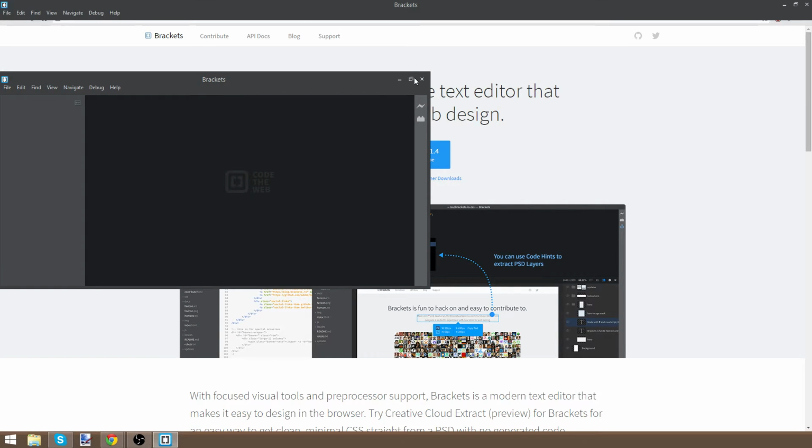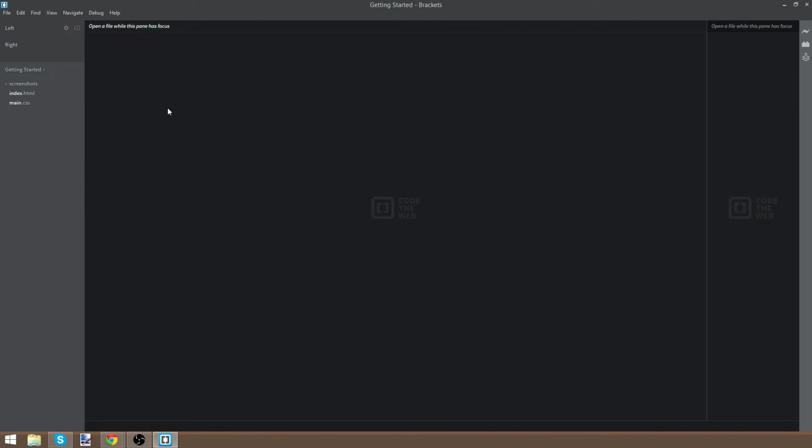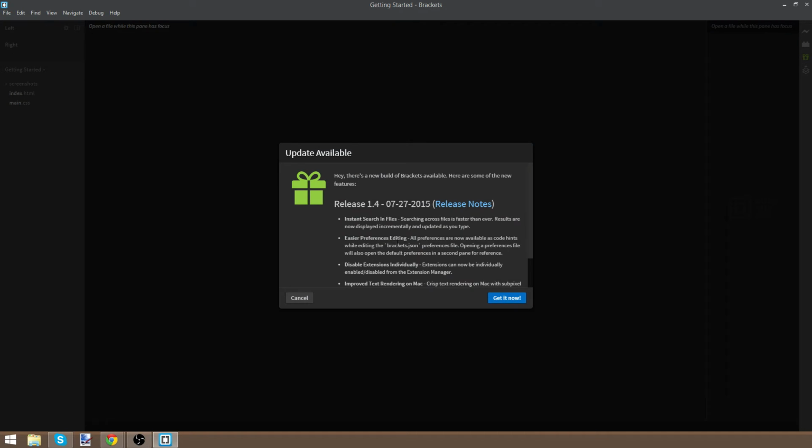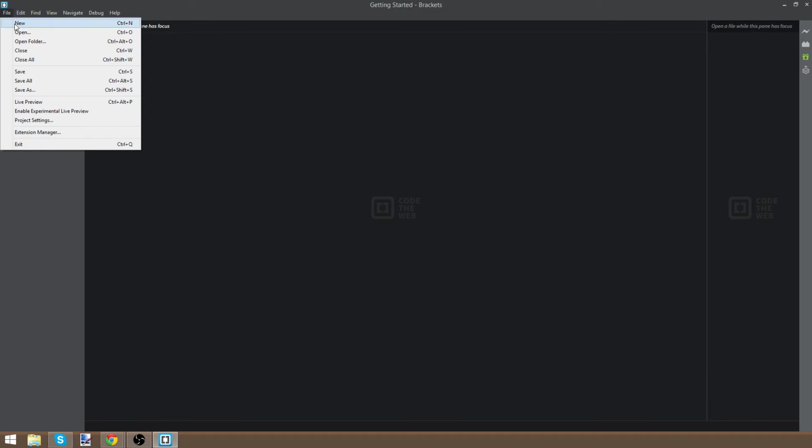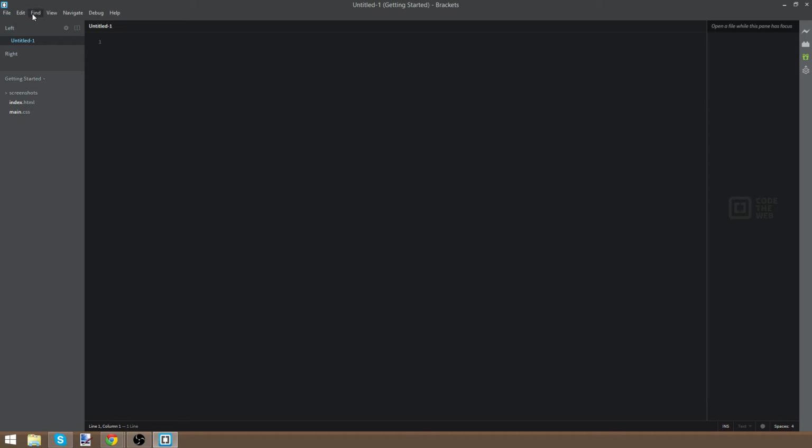Okay, so what we have here is Brackets. And as you can see, there's not much. We got a new update. I'll get it later. But I'm going to hit File, New. And it's going to create a new document for me. It's an empty document and it's not saved as anything. So I'm going to hit File, Save As,